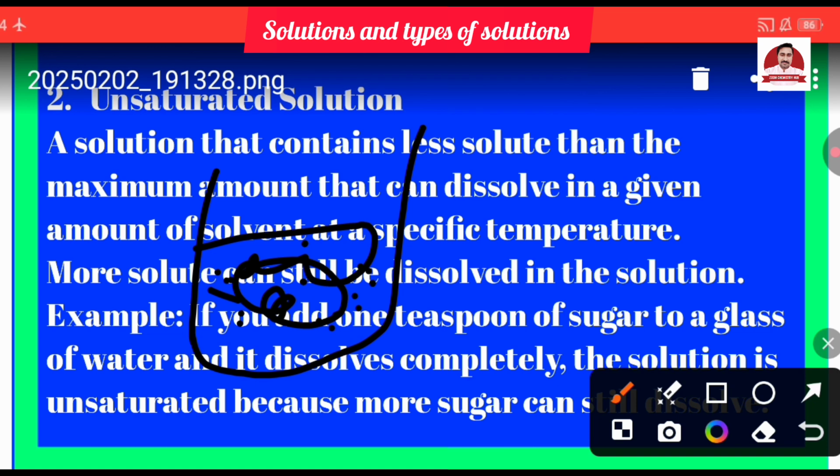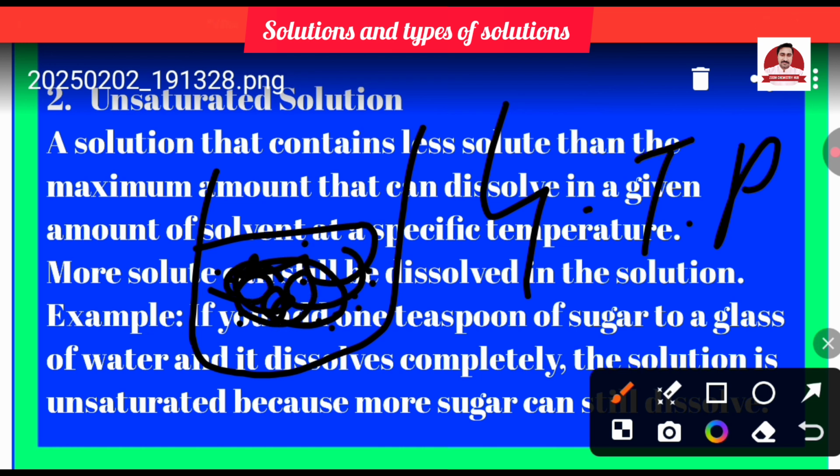We know that the saturated solution can dissolve 4 teaspoons. Here we have an equal amount of water at the same temperature, 40 degrees centigrade, but we dissolve in this solution only 2